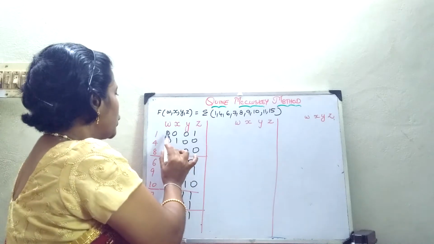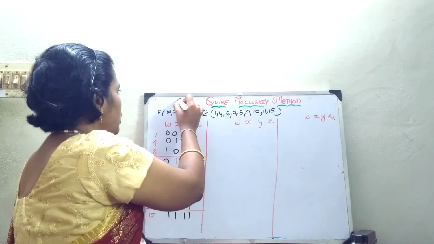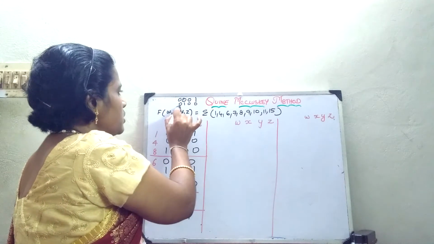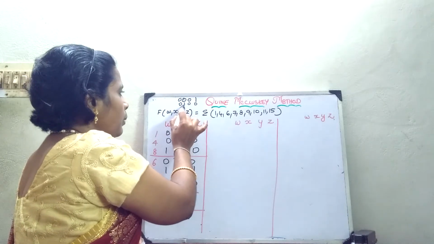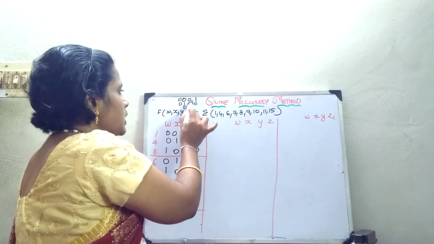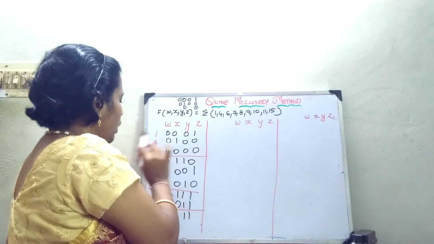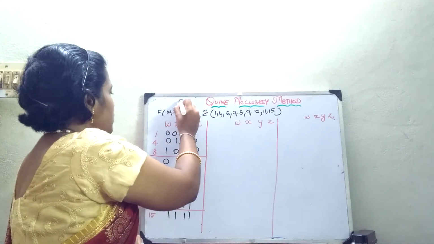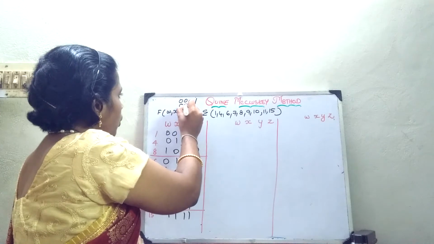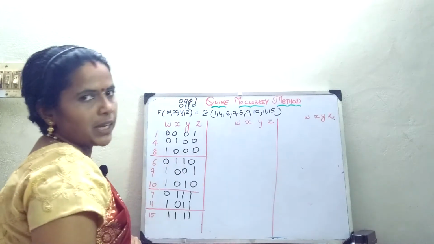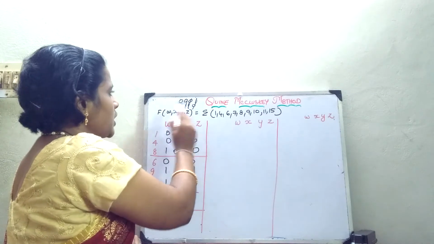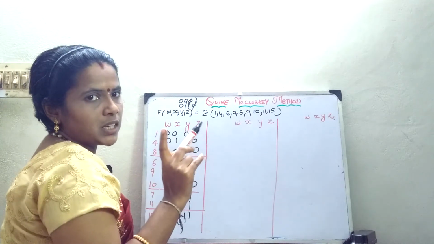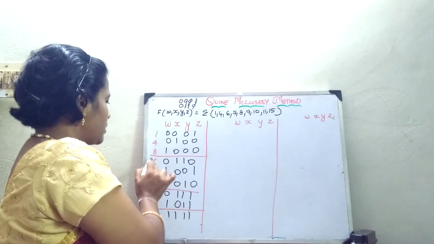First of all, I check 0, 0, 0, 1 against 0, 1, 0, 0. First bit is same, second bit has a 1 bit change, third bit is same, so there is a 2 bit change. I am sorry, I should not compare 1 with 4, but 1 with 6. 6 is 0, 1, 1, 0. Compared with 0, 0, 0, 1, here it is a 3 bit change. Only a 1 bit change expression should be taken into account. So 1 and 6 cannot be combined.